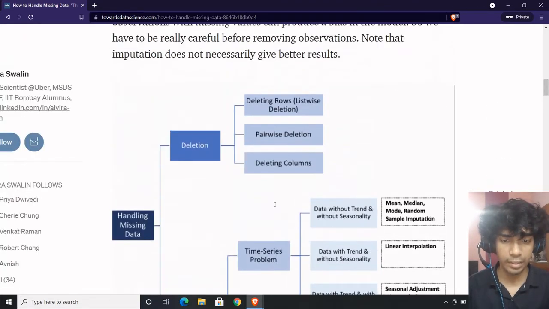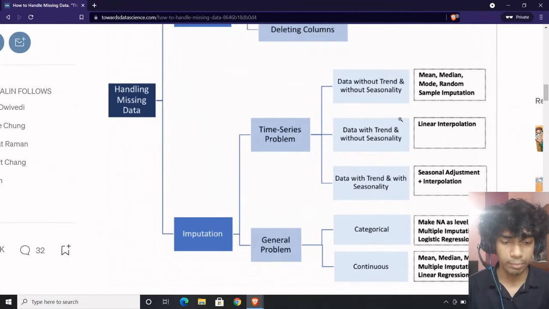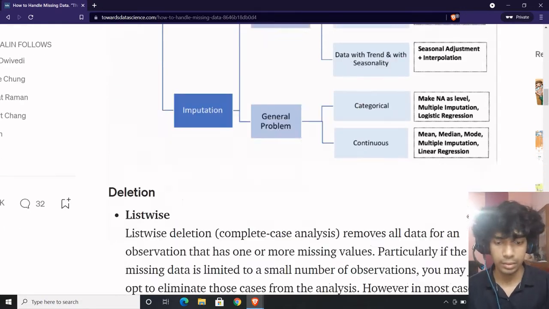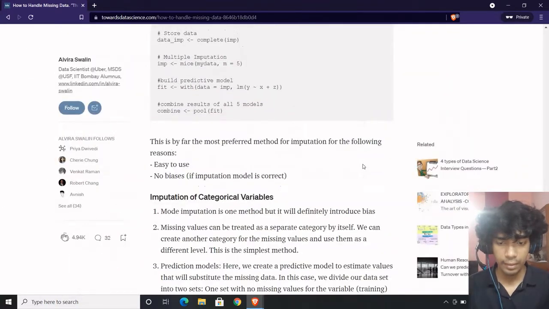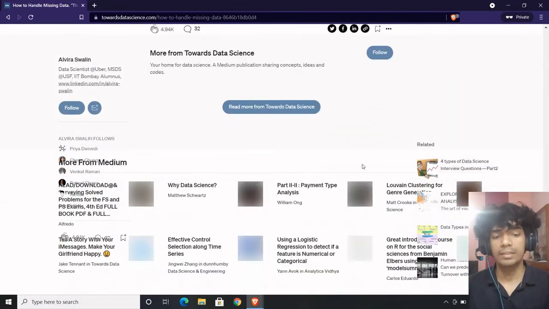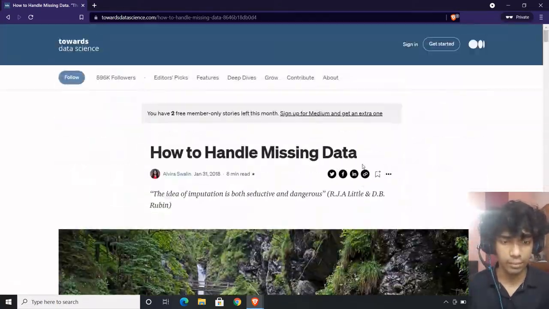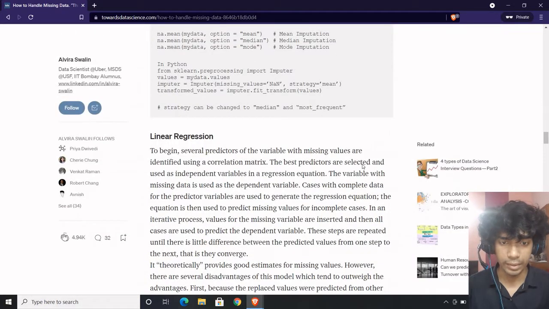Now these are different imputation methods. Deletion is this, and if you go for imputation, these are the different methods: mean, median, mode, linear interpolation, making models. That's how it is. This is basically for time series, but we discussed a lot of things. I think we did a great overview of how to deal with missing values, but it's usually case dependent. What I mean to say is you need to understand what it is.